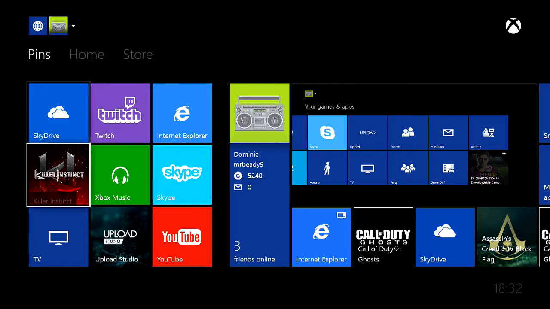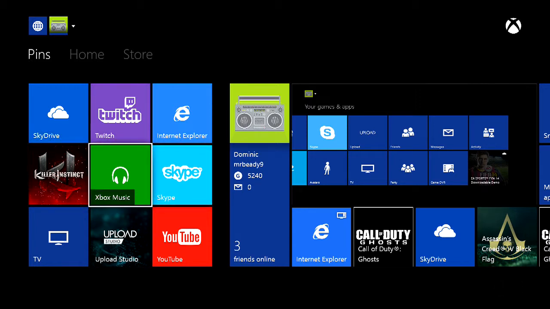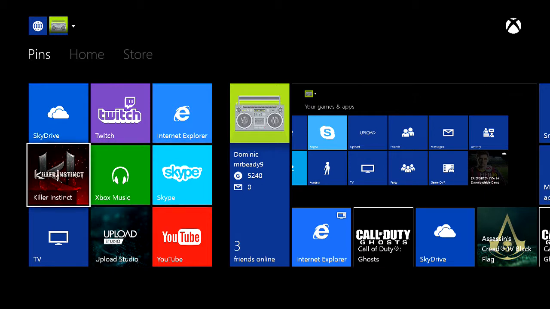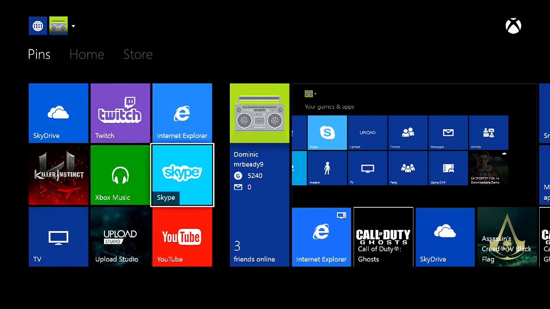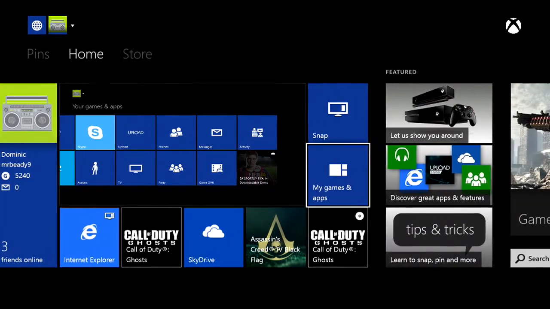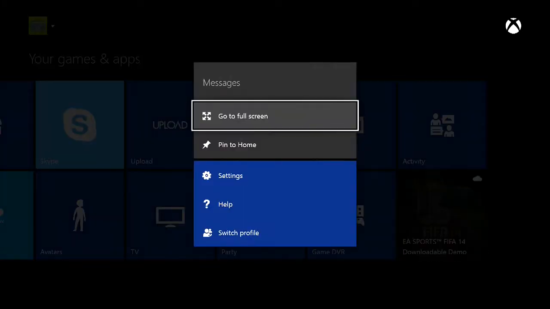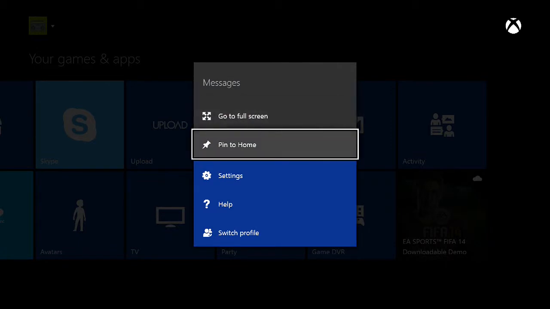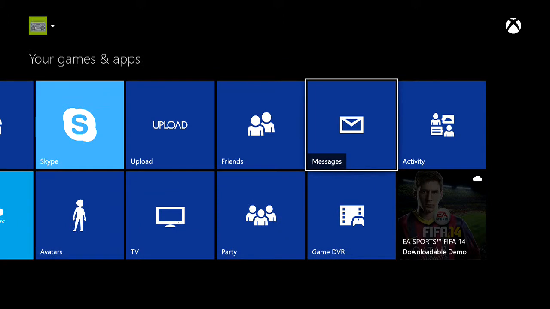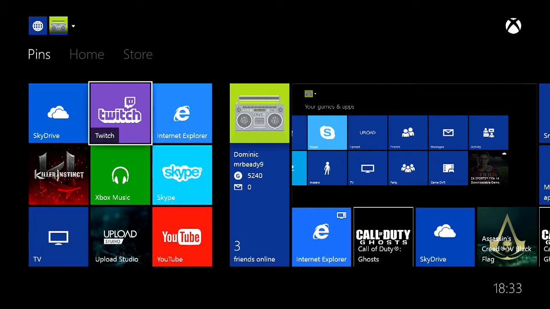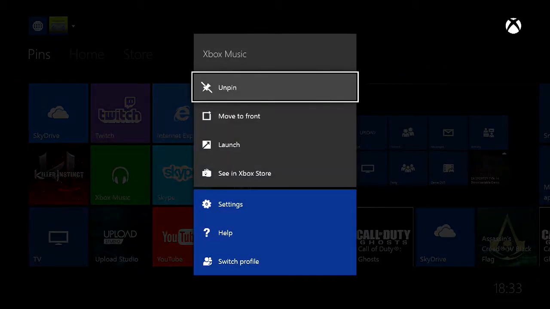Now the pins. I don't know if there's a limit, but to pin an app, you go to My Games and Apps, and then you select it using the menu button, I believe it's called, and you have the option to pin to home. Also go to full screen, and that's across the UI, the blue part. So you can pin these apps, and then you can from here